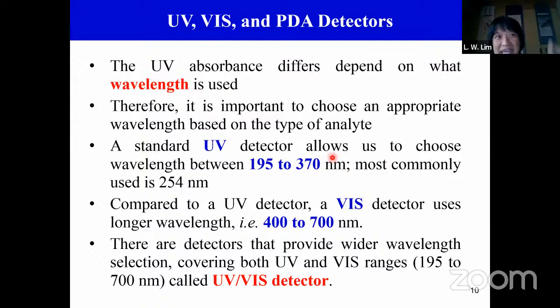That means you can know what is the best detection wavelength based on the different wavelengths. Because when you use a PDA, you already have the whole spectrum. In other words, you can save some time determining the best wavelength. But most of the time, if you are already experienced with the compounds, you know which wavelength to use. For example, the UV detector here. When we want to use the UV lamp as a detector,